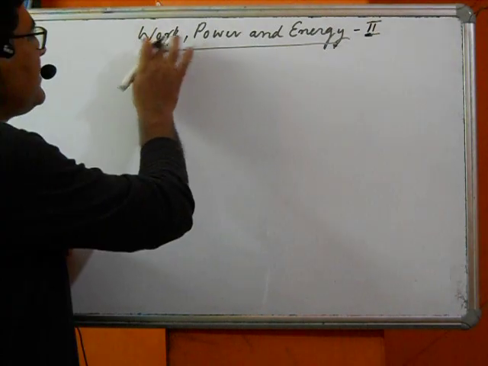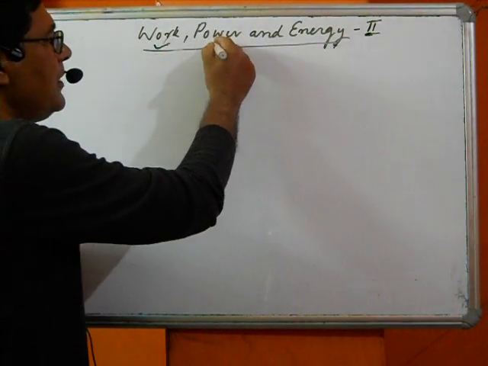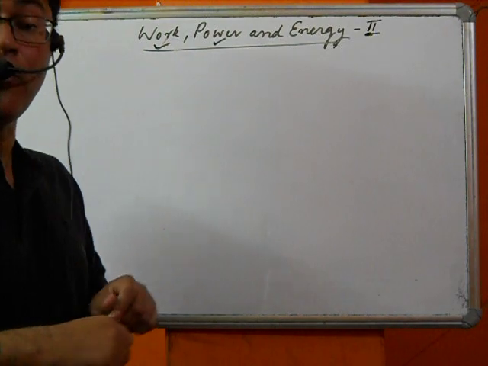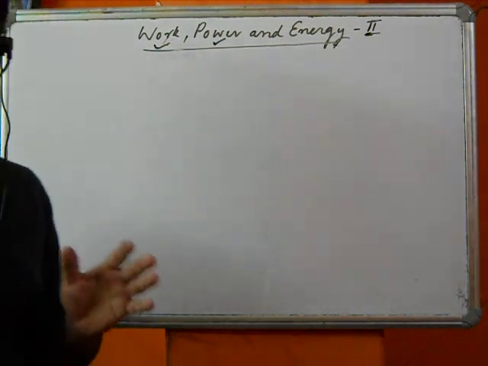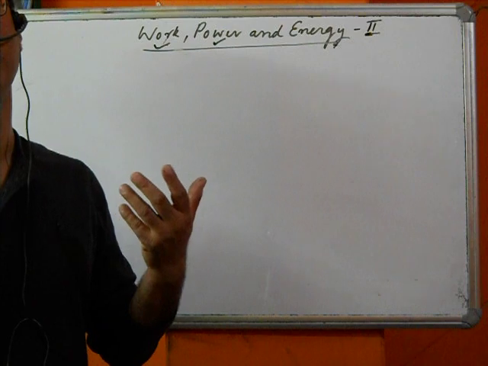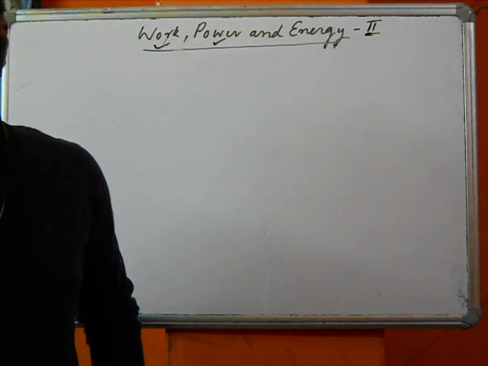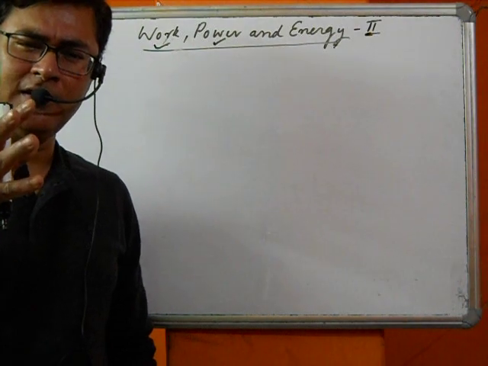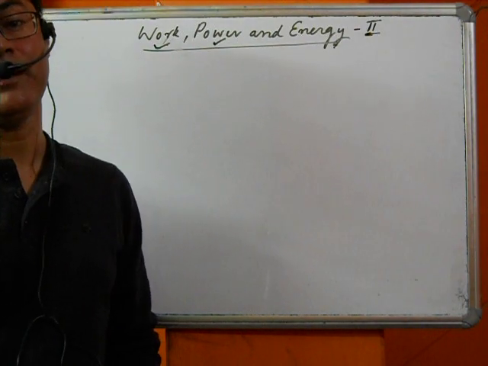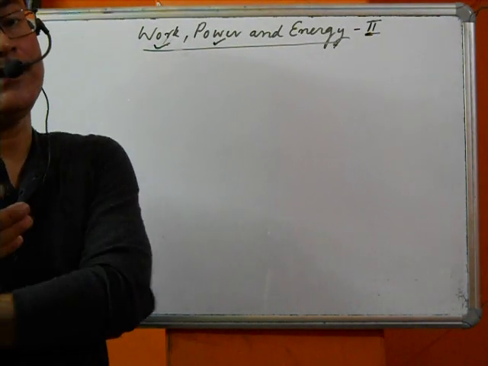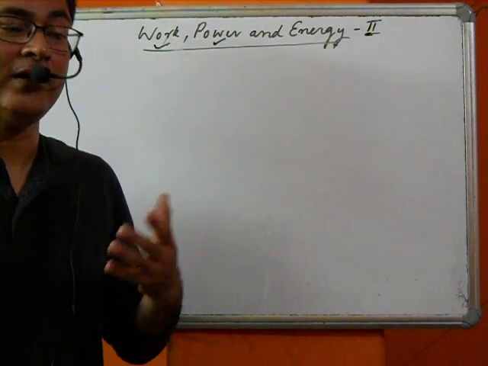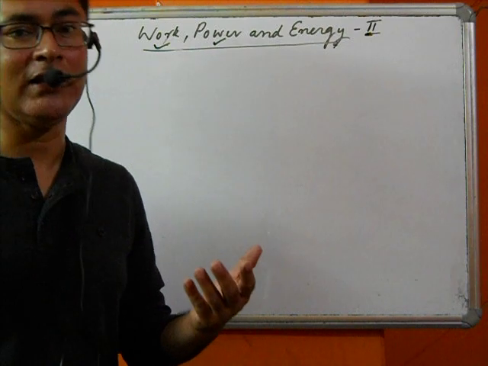Last class we discussed work. We discussed power. We will discuss today about energy, the different forms of energy, and how it is to be measured. Now, what is energy we understood? Energy is a capacity to do work. That means the amount of work that can be done, the amount of capacity to do work, can be measured with the help of